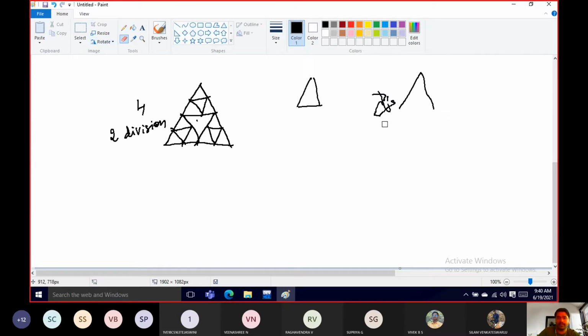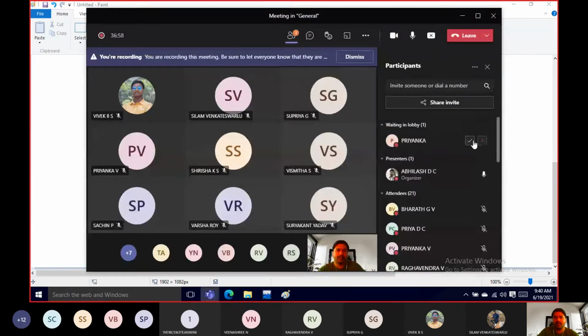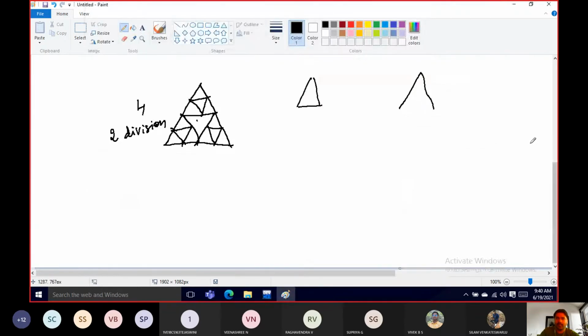What do you mean by the first division? First division is I'm dividing the particular triangle once, right? So if you're dividing a particular triangle for n number of times, right? So this n is actually given by